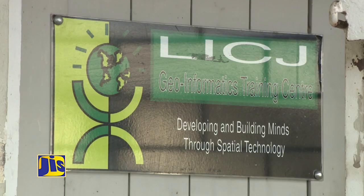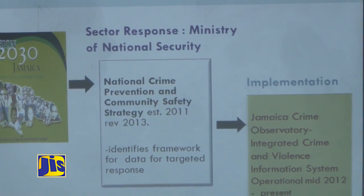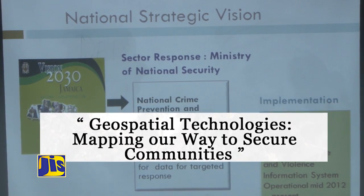Public awareness has also been heightened with GIS Day during Geography Awareness Month in November. That observation has been staged annually since 2003. In 2017, with the LICJ celebrating 25 years of groundbreaking work, there will be a two-day GIS user conference in October. The conference will focus on national security for sustainable development under the theme Geospatial Technologies, Mapping Our Way to Secure